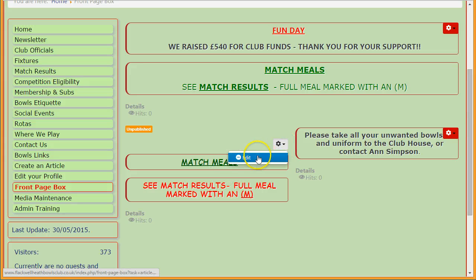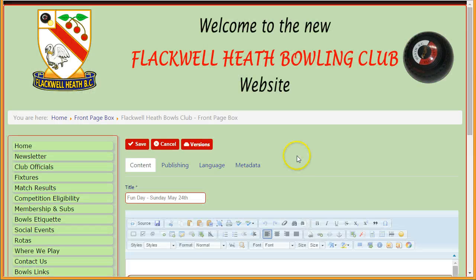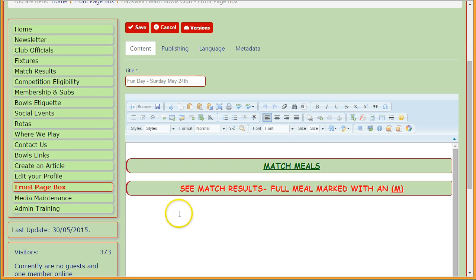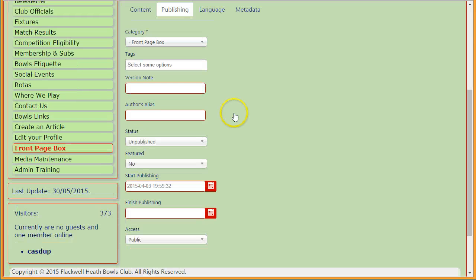If I go in the editor to edit that, this is what we don't want anymore, we don't need this. And if I go into the publishing tab, I will find that there is an area where we can specify the status of any article. Now at the moment that is